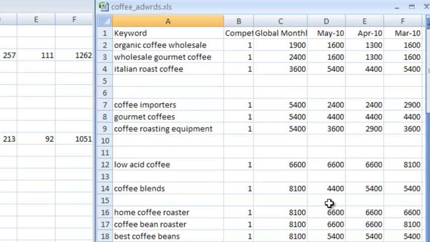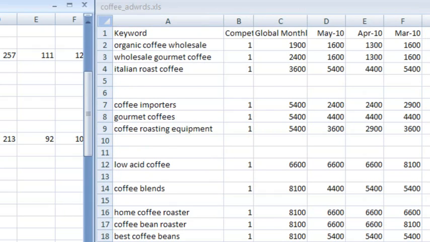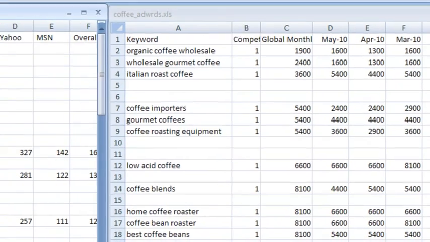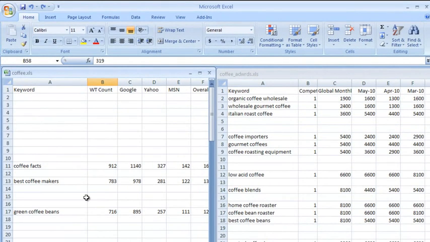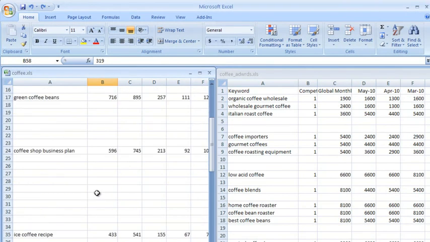Okay, so this is what I've done. I've sort of narrowed it down a little bit to what I'm actually looking for. Now out of this list, because I'm doing this in a tutorial, I'm actually rushing this, and normally I take my time with this, but as an example, what you would do now is, okay, let's say you found